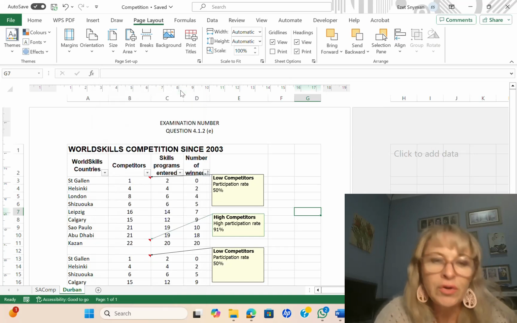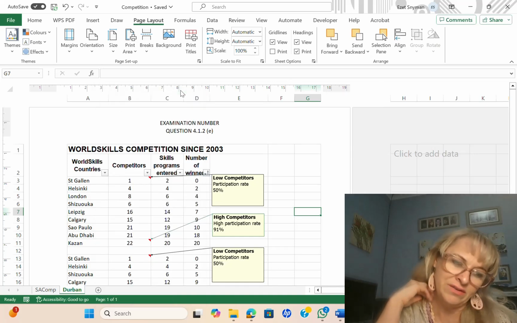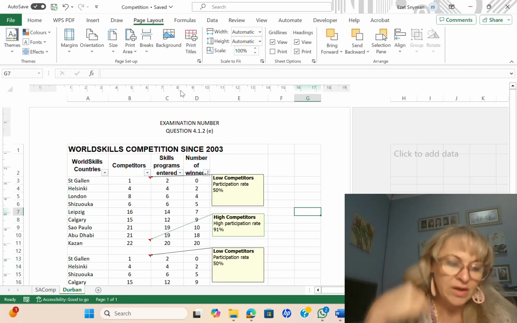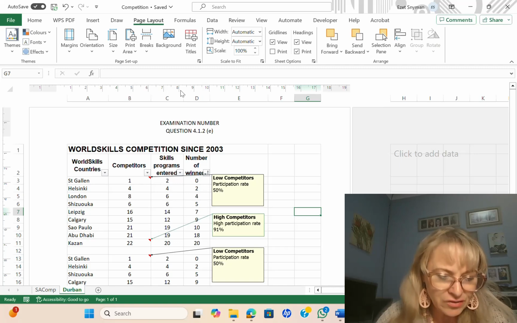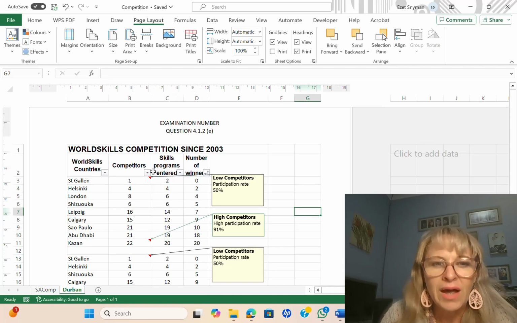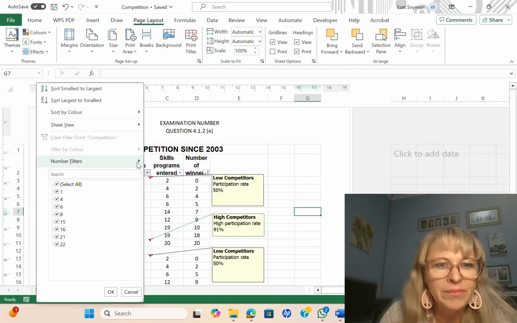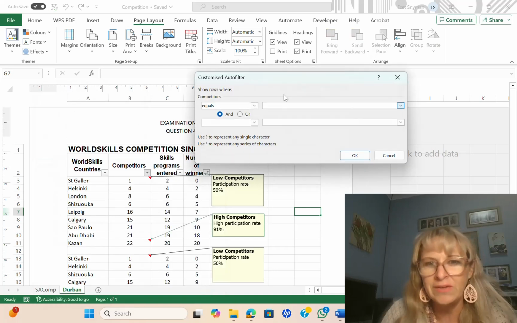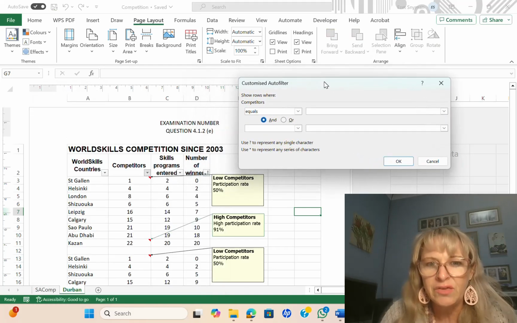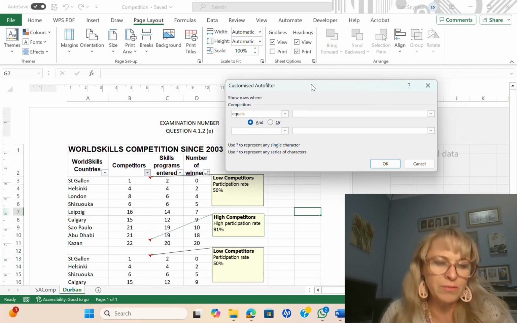Okay, now if you look at them, you will see the data has adjusted. Now H, they want you to arrange the custom sort dialog box so that all information, including the worksheet information, is visible and that it fits on one page. In other words, we are going to click on number filters, customized filter, so that that dialog box appears there. Just position it so that everything is visible.